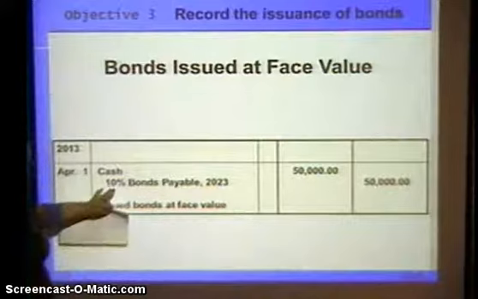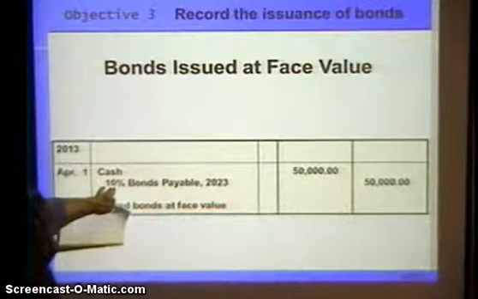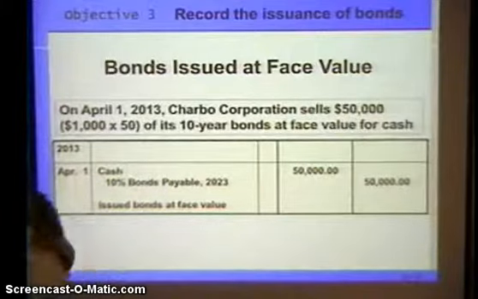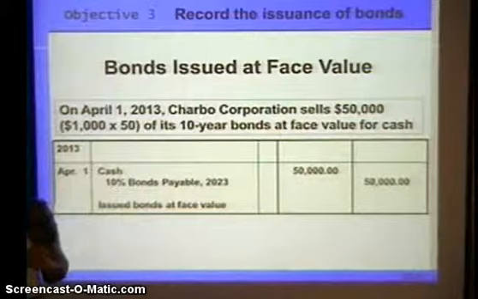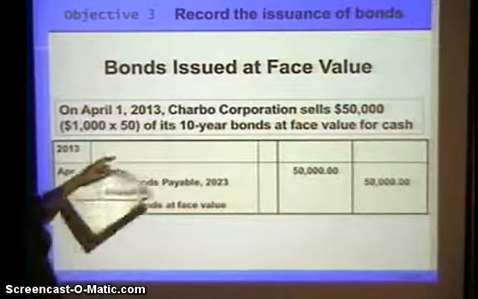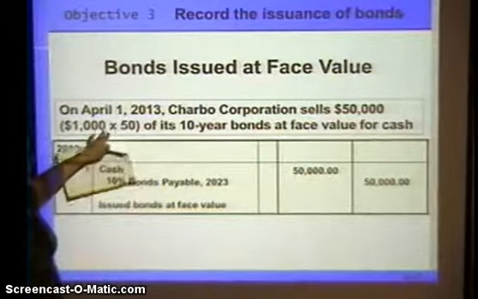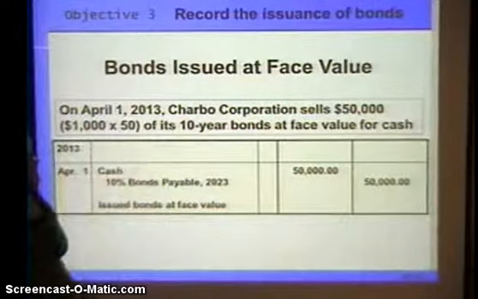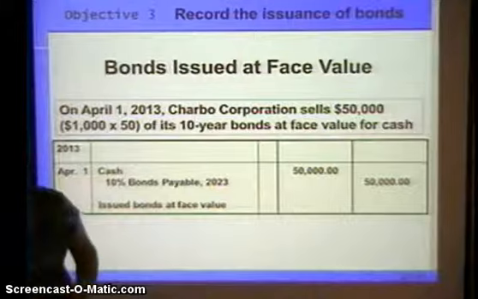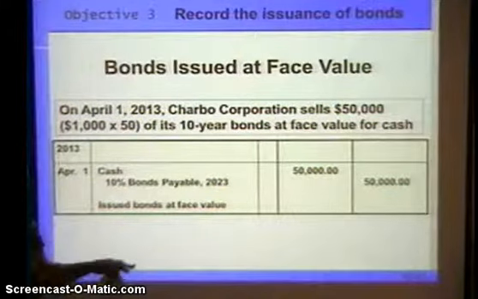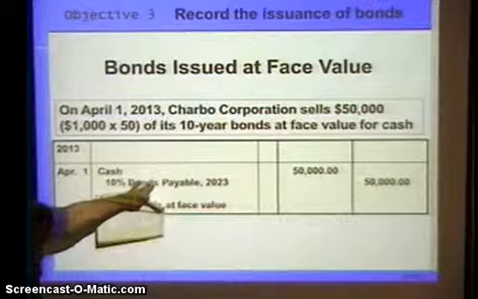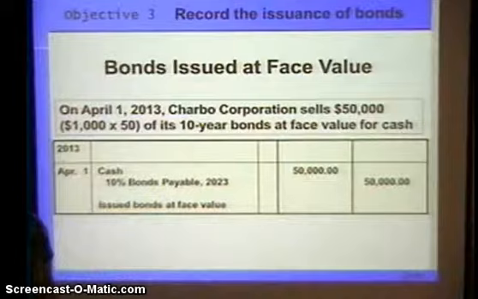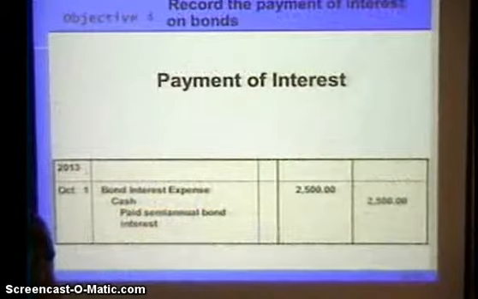Now, see, those people are going to get a pretty good, they're going to get 10% return on their money. That's pretty good. What did we get today? 1. Anyway, but that was a while back anyway. So we issued the bonds at face value. $1,000 times 50. We sell $50,000, 50 of our 10-year bonds at face value for cash. So we sold them the bonds, and we got to pay them. They gave us the money. We got to pay them. All right. Like a note payable.